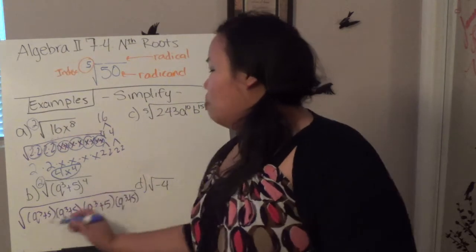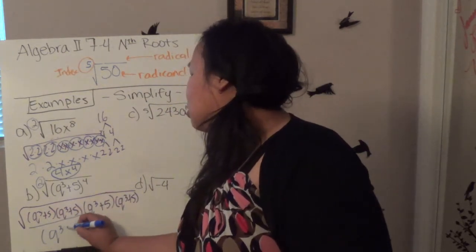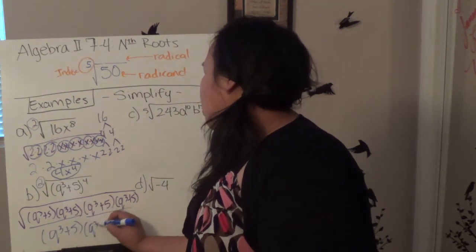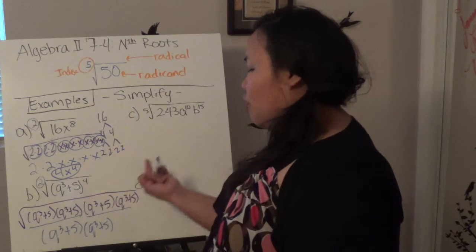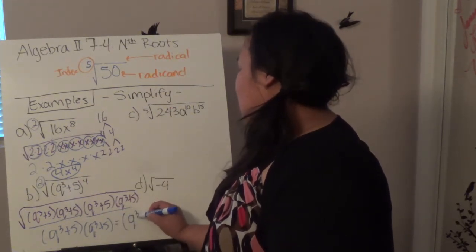But again, there's nothing out here, so I'm going to assume that it's 2. So I'm looking again for pairs. So here's 1 pair. So that means on the outside it represents 1. And here's another 1. And there's nothing else left over. I've underlined or circled everything. And so my answer, if I multiply them together,